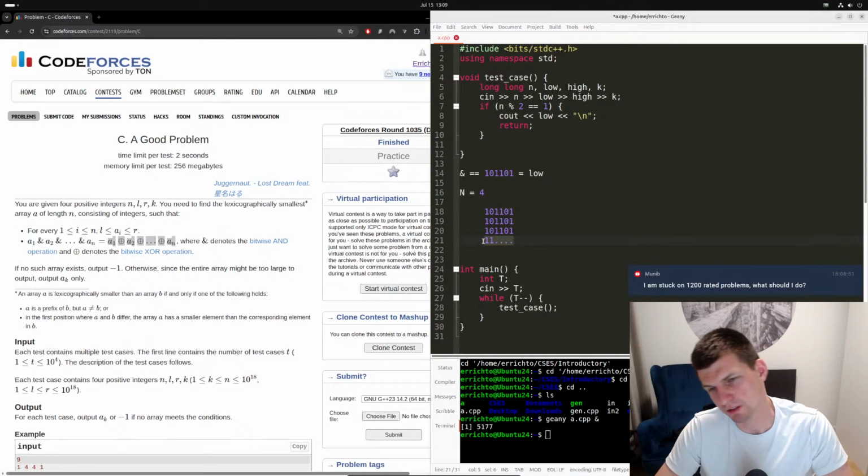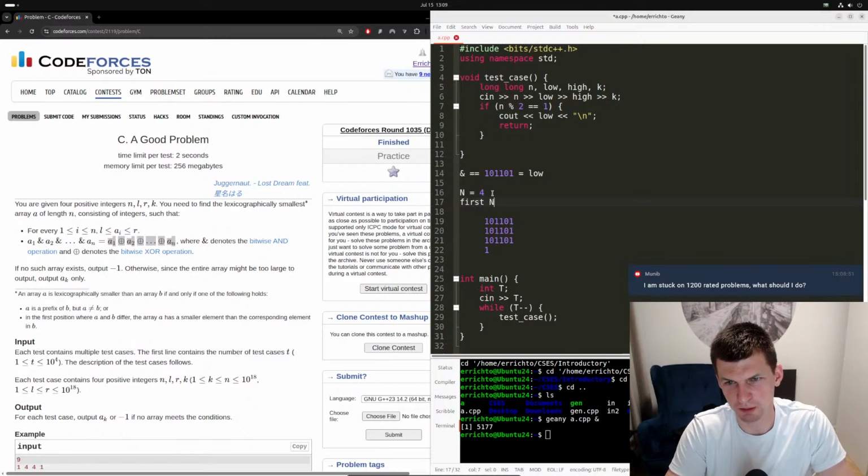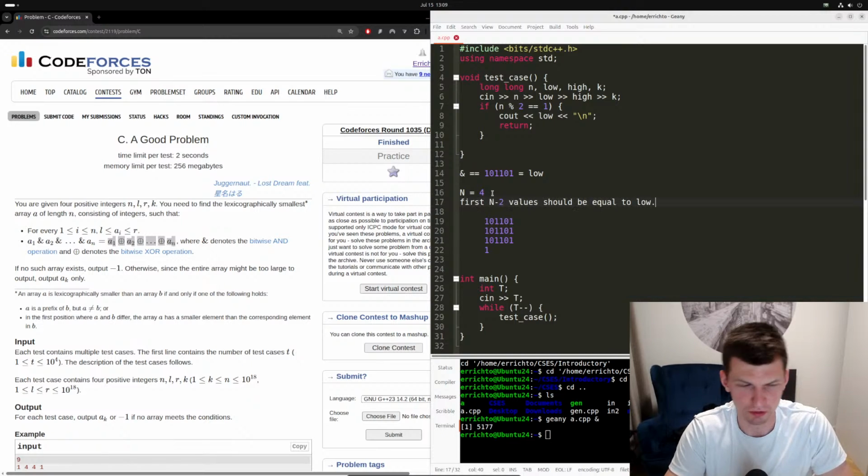And then, well, then the bitwise AND will be messed up. Yeah, but if anywhere there is a 1, then again XOR and bitwise AND will not agree. So yeah, there is no way to just modify one element. That being said, I claim that the first n minus 2 values should be equal to low, to the value L